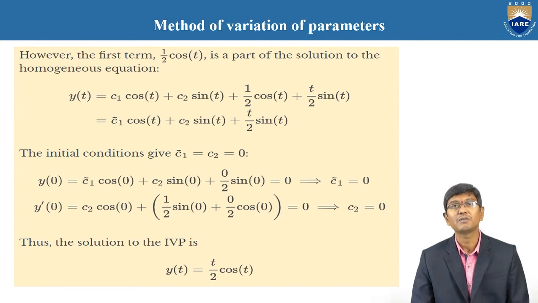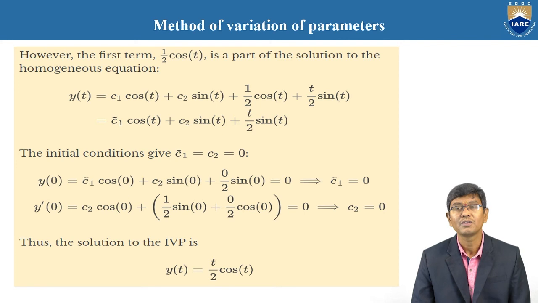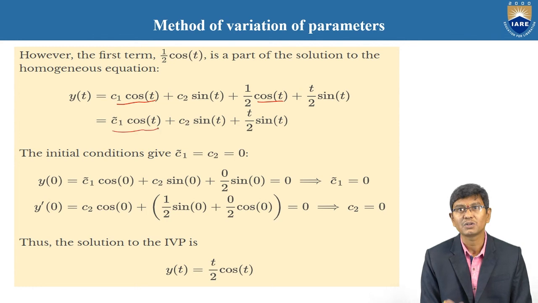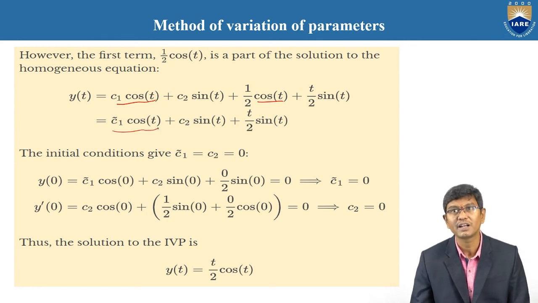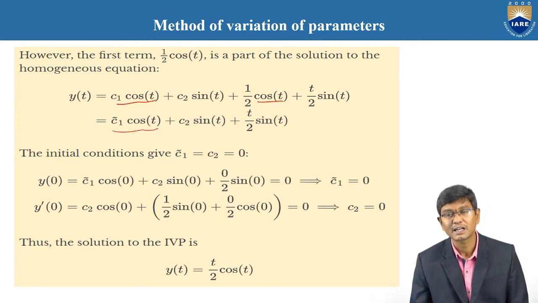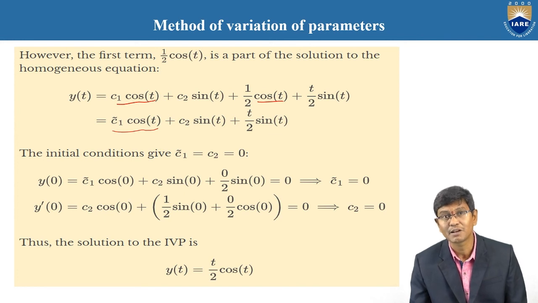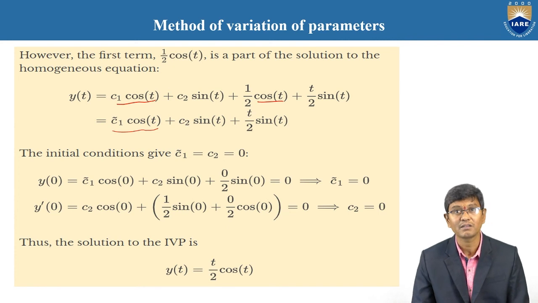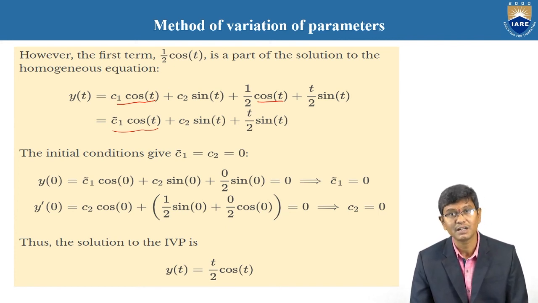Now we need to find out by using the initial values what the values of c1 and c2 are. Here the first one is c1 cos t and again 1 by 2 cos t; you need to consider c1 bar, that is cos t, because cos t you need to take out common. Why? Because the second part is also cos t, whose coefficient is 1 by 2, and c1 is also constant. Therefore you assume that it is c1 bar. By using that and the initial conditions, you need to find out what c1 and c2 are.